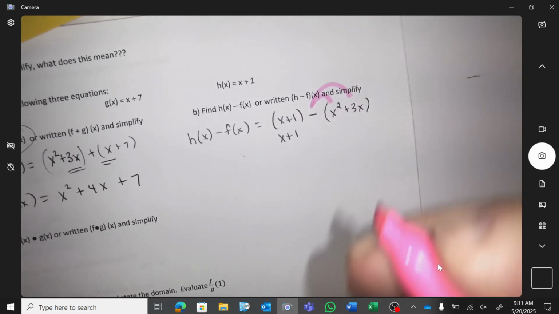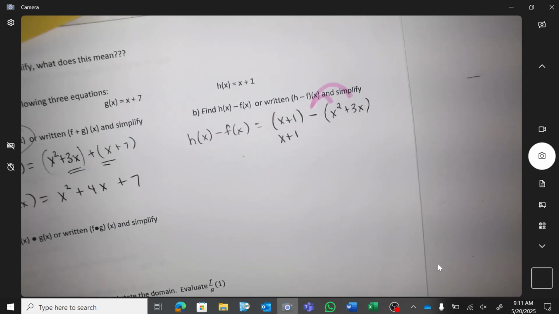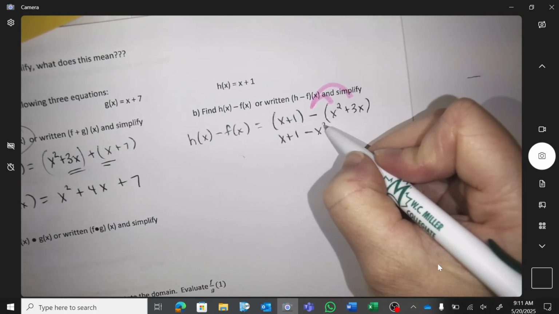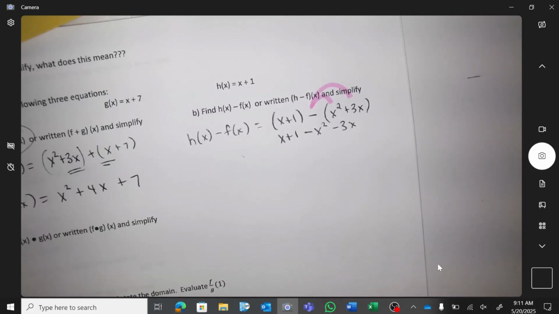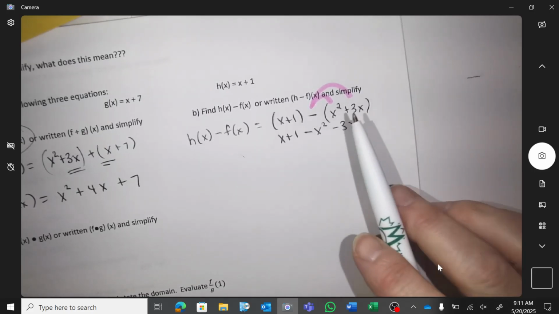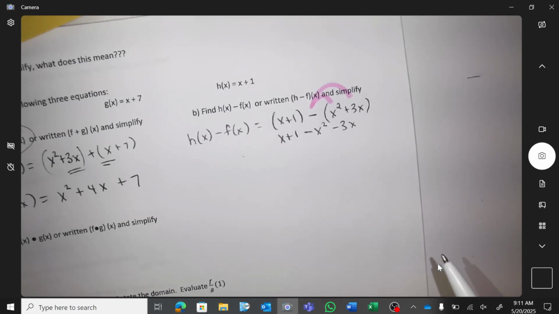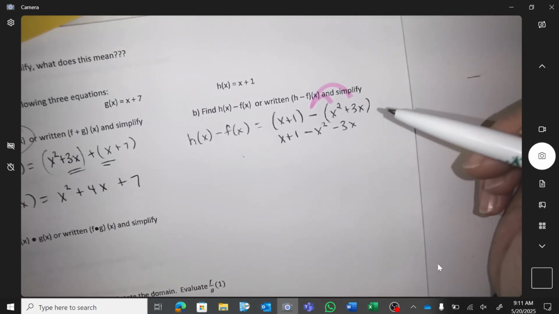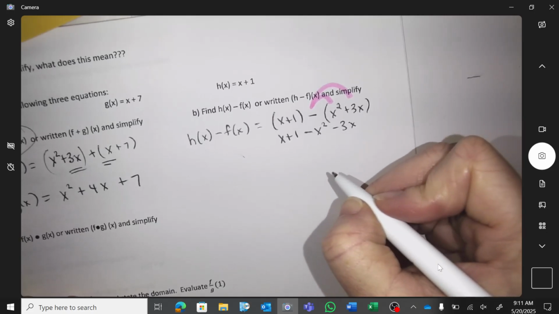The minus has to apply to the whole family. So this is negative x squared and negative 3x. So you minus minus. Okay? So that's important. Okay? So really, if you're just adding things together, you don't have to think about any brackety kind of idea, but subtracting that. Okay, so final answer is